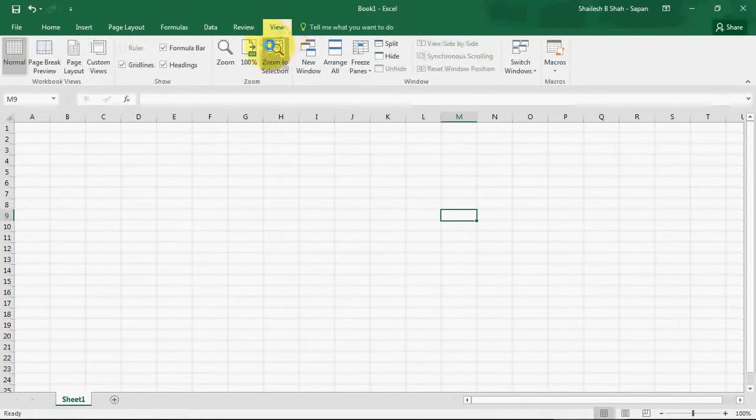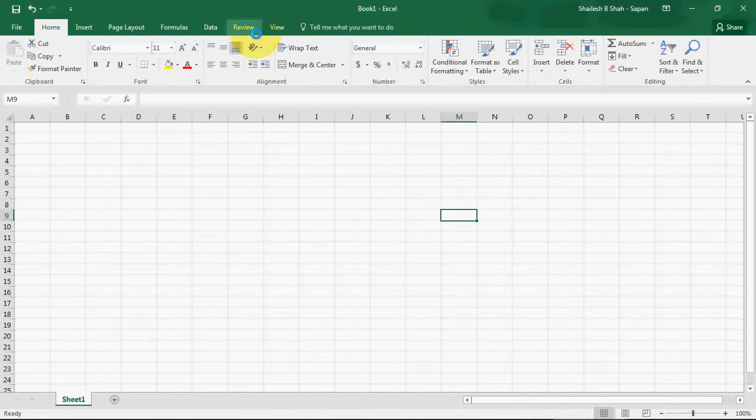And in the View tab you can find commands about zoom in, zoom out, freezing panes, and all the viewing commands are available on this View tab.